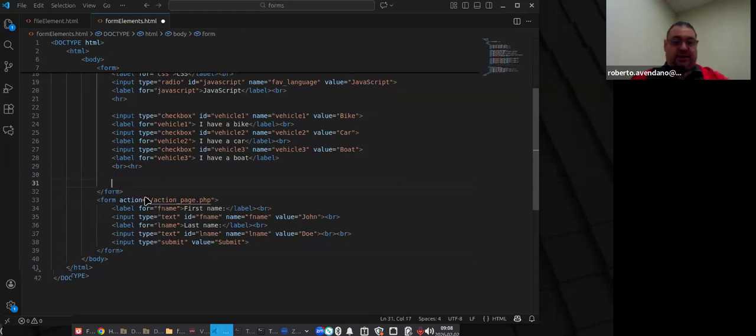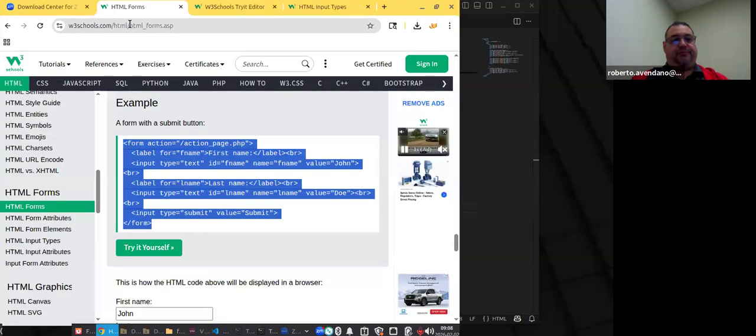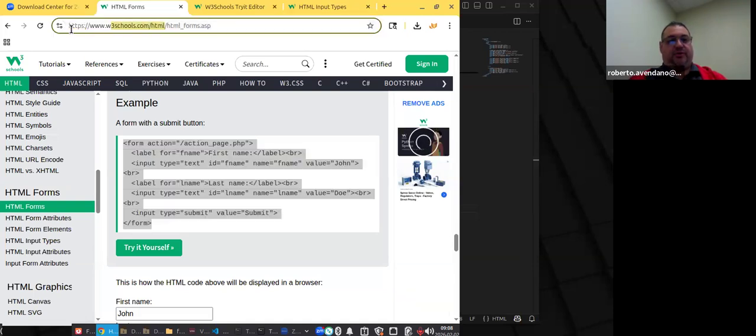Now the form action, this is where it sends the information in the form for processing. So here I need to update this URL. And I need to add the